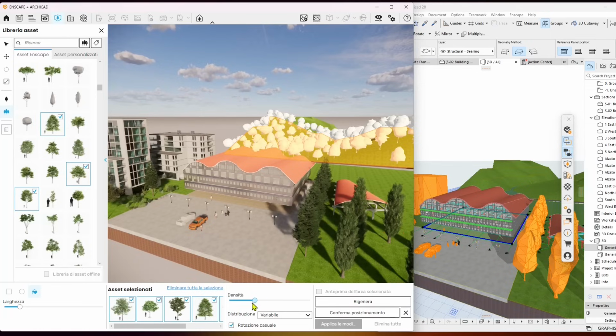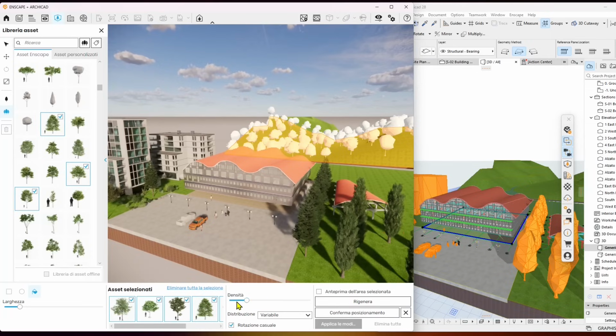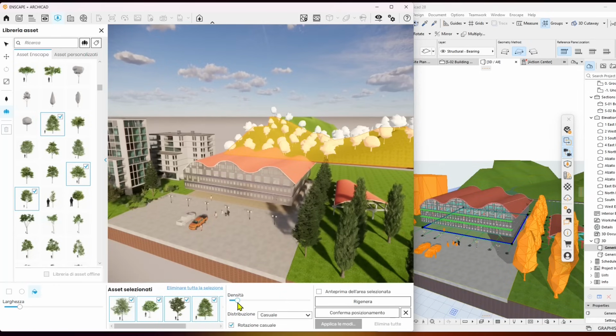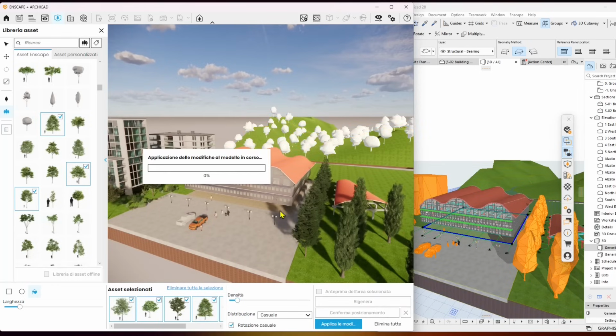And again, we work with the density, make it more dense, less dense. We can change and make it more uniform, less uniform, even though when we use this type, they're just going to be scattered around that area onto that surface. So it looks random anyway. So I'm going to apply also this final one, and that's it. So this will be all for this lesson. And again, if you want more quality, you may want to move into render engines like V-Ray or ray